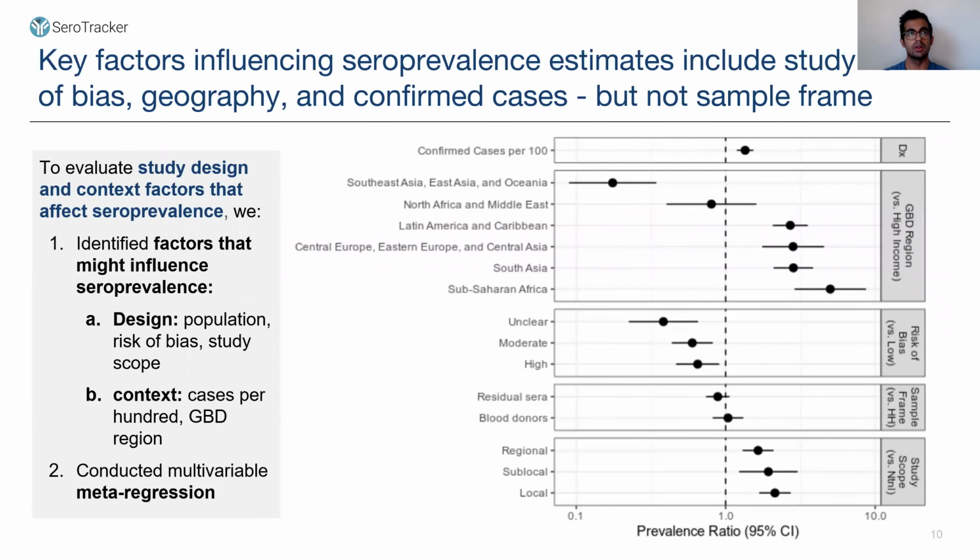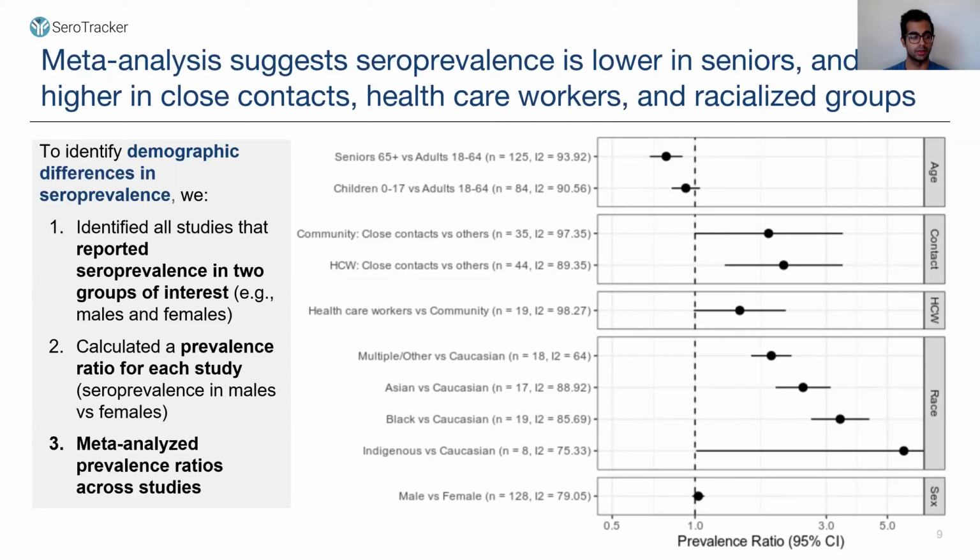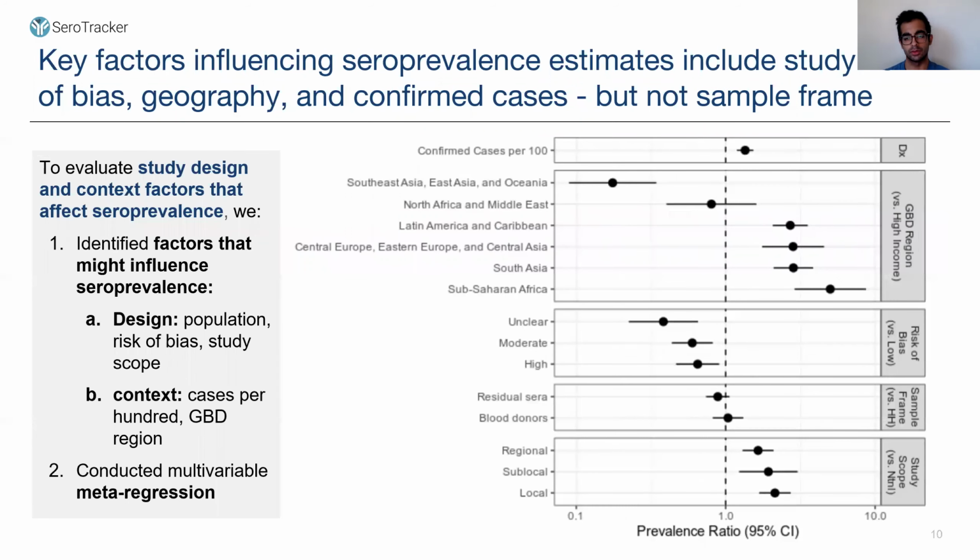Second, we know that, of course, the populations studied influence the seroprevalence that is estimated, but there are also various study design factors which affect serosurveys and the seroprevalence estimated through these serosurveys. And so we conducted a multivariable meta-regression to identify factors that might influence seroprevalence, including both the design of seroprevalence studies and the context in which those seroprevalence studies were done. The right-hand plot shows the results from this multivariable meta-regression, which suggests that generally,